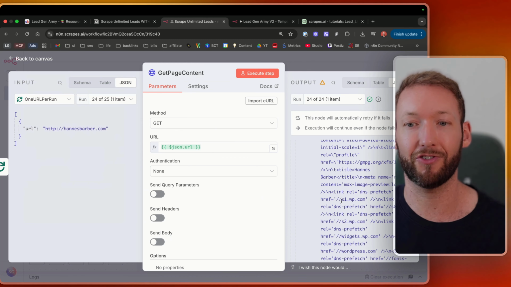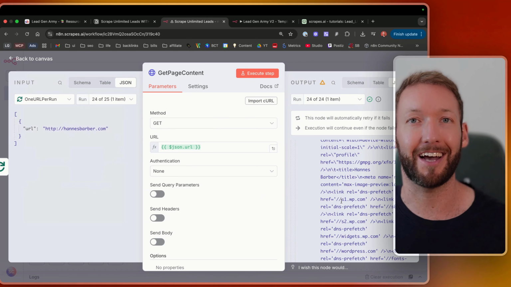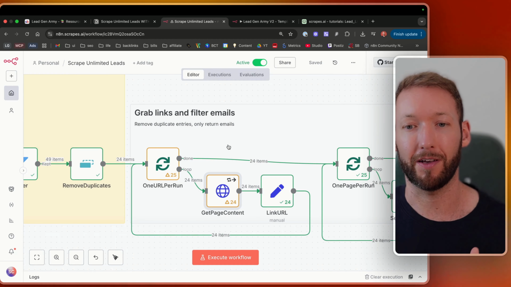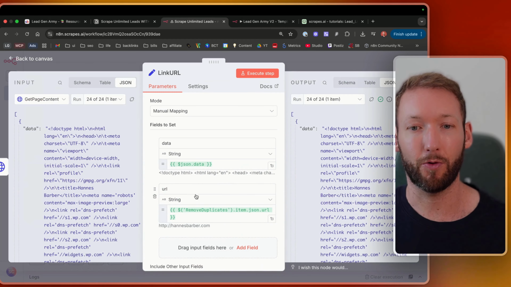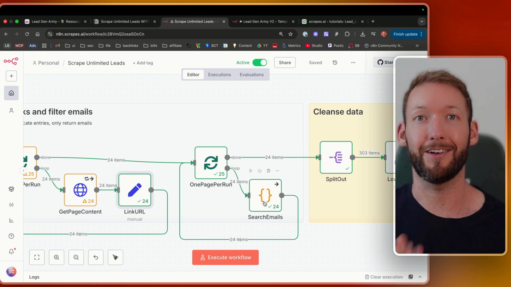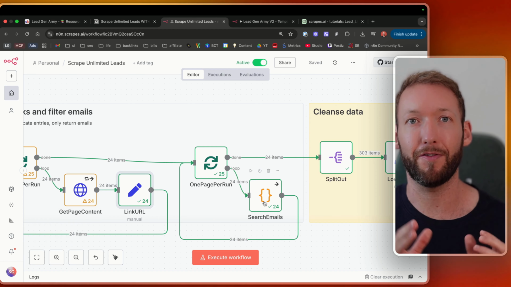We'll grab all the HTML from their page, and what we're doing is scanning that HTML. As long as they've not got bot blockers, this will work. We're just doing a GET request, scanning that HTML, and then all we're doing is grabbing that data. Once we've done that, we can search that HTML that we've extracted from the website for links